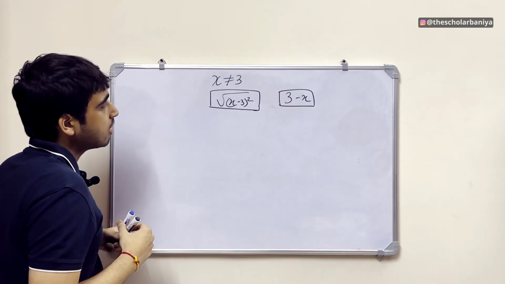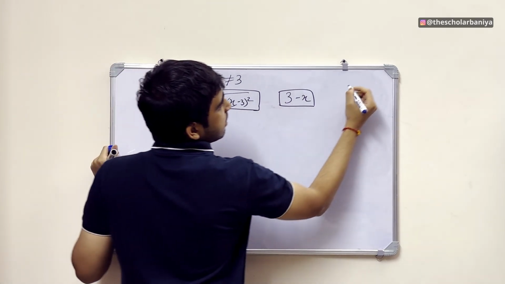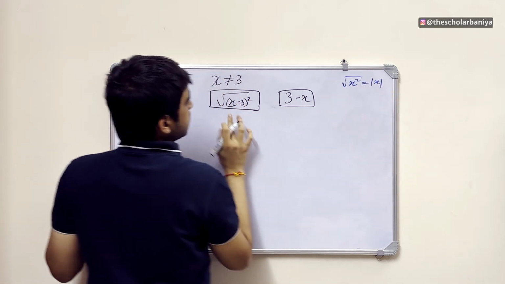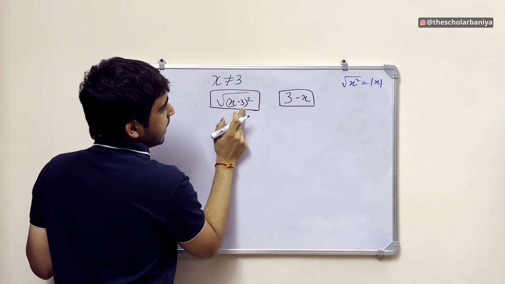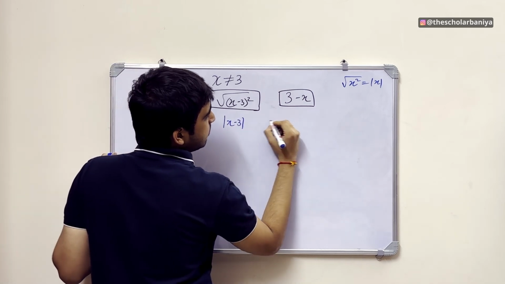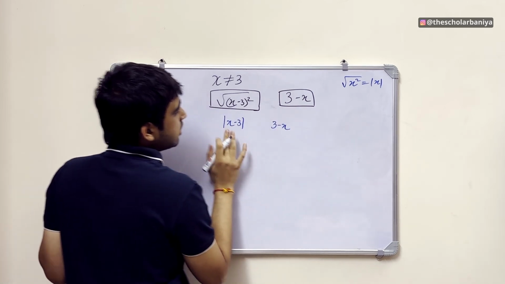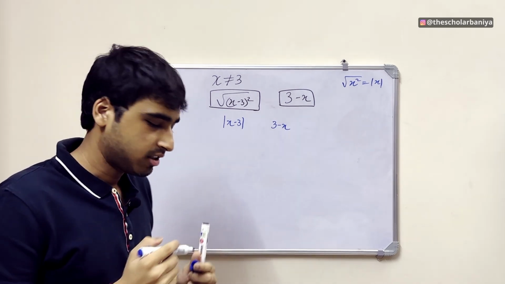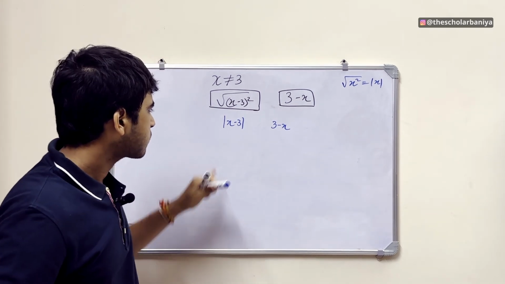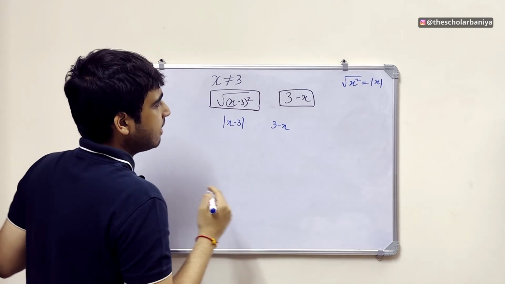Okay. So again, we know that root of x square is equal to mod x. So we can write root of (x minus 3) square as mod of x minus 3, and this is 3 minus x, right? So we basically have to compare these two things, right? Okay. Now we know that